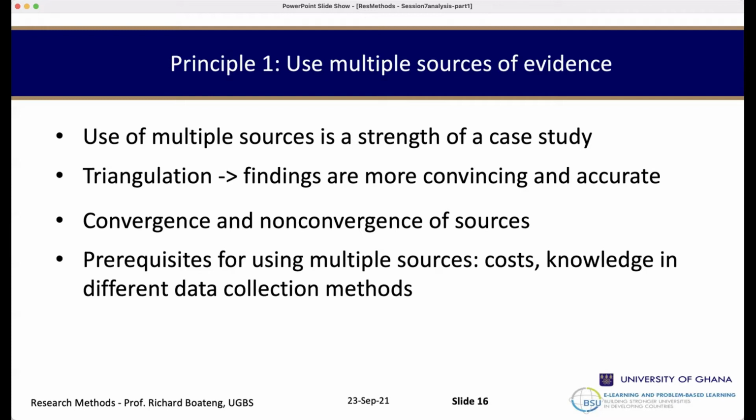Okay. So prerequisites for using multiple sources are cost and knowledge in different data collection methods. Why? Because it costs more to collect data from diverse sources. So if you have not got money, that could be a constraint. Number two, you have to use different data collection methods. You have got interviews, you have got focus group discussions, which is part of interviews. You have got audiovisual information, you have got direct observation, participant observation, all observations, and you have also got